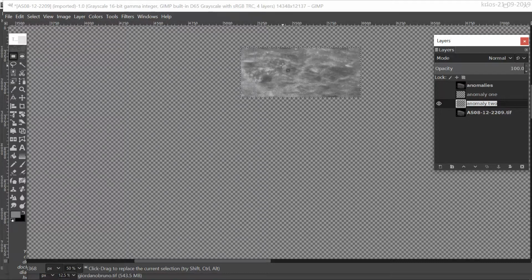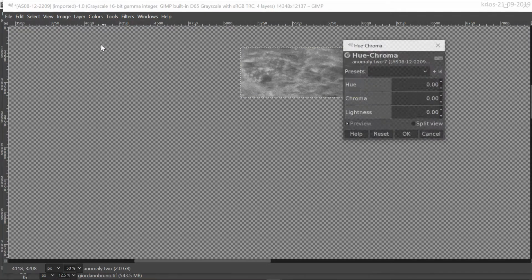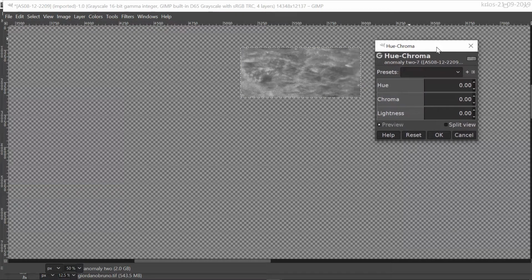Okay, so again, we can use the colors on this one. Let's try the hue chromatic filter to see whether we can adjust the chroma on this one. There you go. And the hue as well. There you go. So, look at that. If you get closer to this, look, this is an unconventional structure. Obviously, I tell you what, it's not